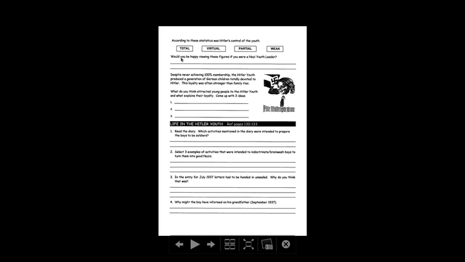I then want the students to interpret that graph. Is it showing total, virtual, partial or weak control? And again, reflecting this aim of a totalitarian state. How happy will the Nazi youth leader be looking at this data? Then, from what they've studied, through the posters and through the textbook, I want 3 ideas for why the children were attracted to the Hitler Youth.